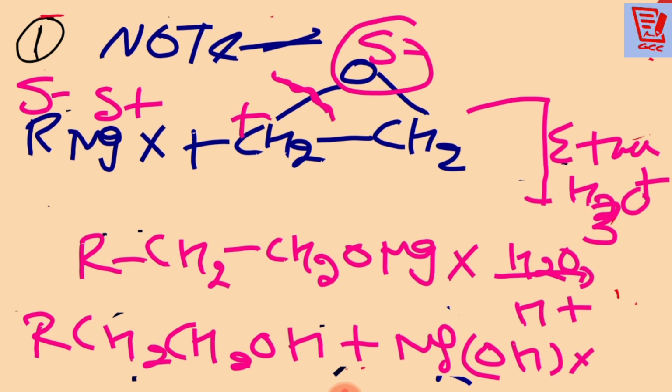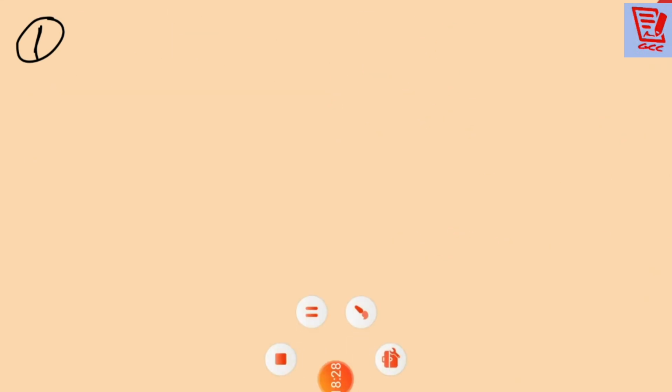Clear? Okay beta. Okay student, after that beta we are going to do the next reaction. Next one we are having the last preparation, I think number 4 is from the alkene. Number 4 is here, I think, from the alkene.